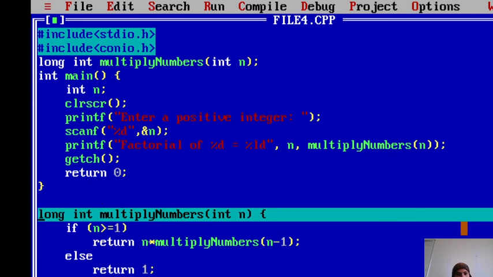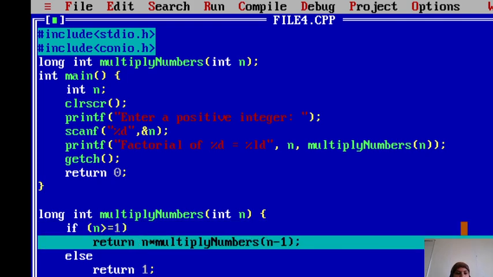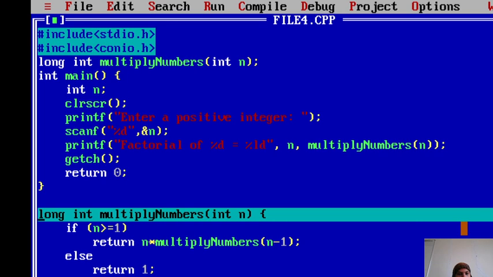So once again the function multiplyNumbers is called, and now the n value will be 4. 4 is again greater than or equal to 1, the condition is satisfied, so once again the next statement will be executed. Now 20 into 4 minus 1, that is 3. 20 into 3 is multiplied, that is 60. Once again here in multiplyNumbers, the function variable is 3. It is again greater than 1, so once again this particular function call statement will be executed.